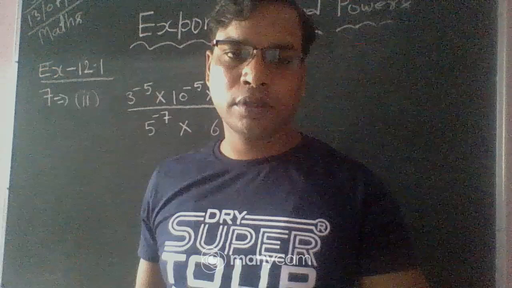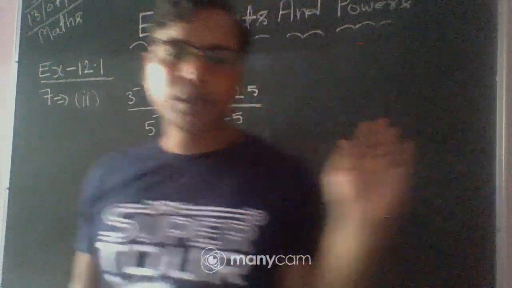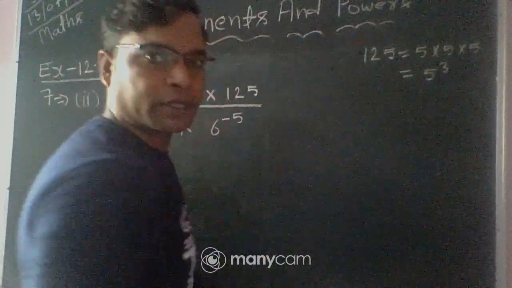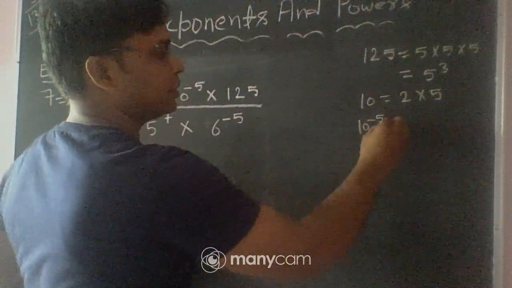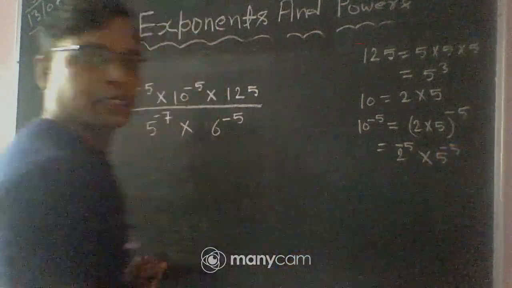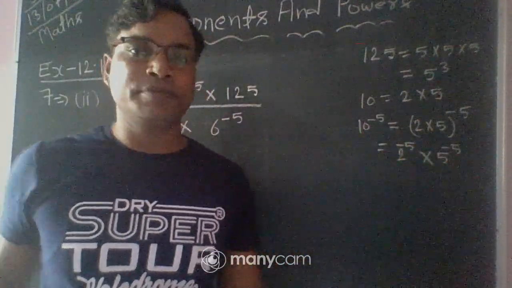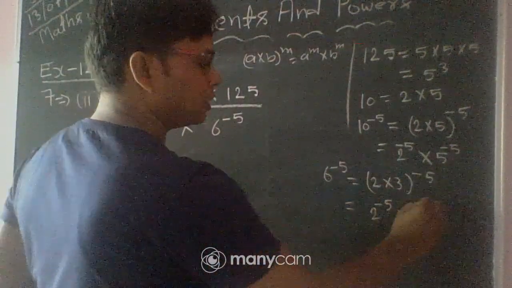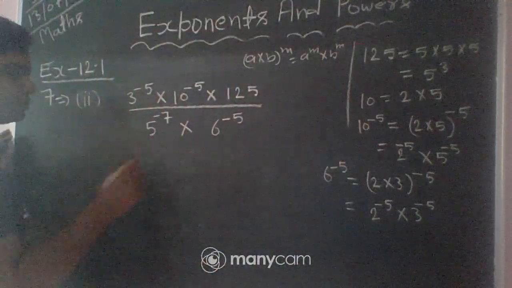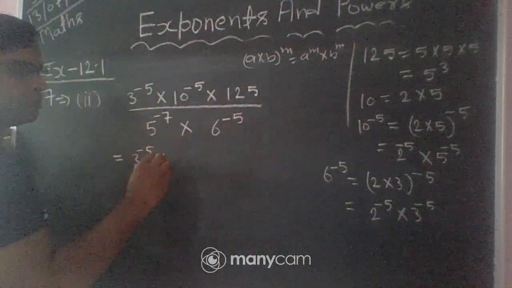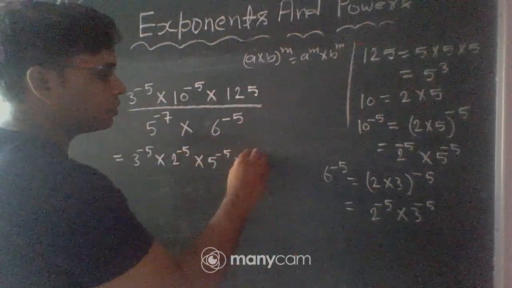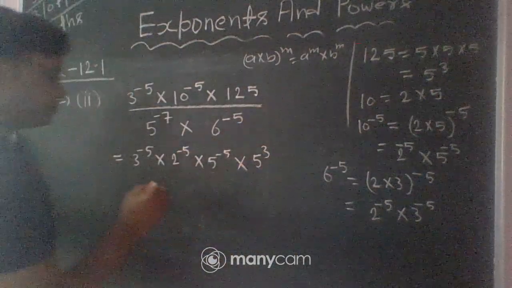Okay, so let's see. Here this is given 3 power minus 5 into 10 power minus 5. You can write 10 power minus 5 is equal to 2 power minus 5 into 5 power minus 5. So replace 10 power minus 5 with 2 power minus 5 into 5 power minus 5 into 125. You can write 125 is equal to 5 power 3. So this is equal to 5 power 3. Now